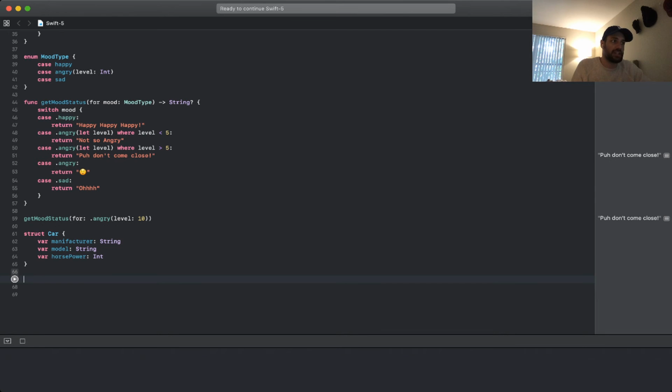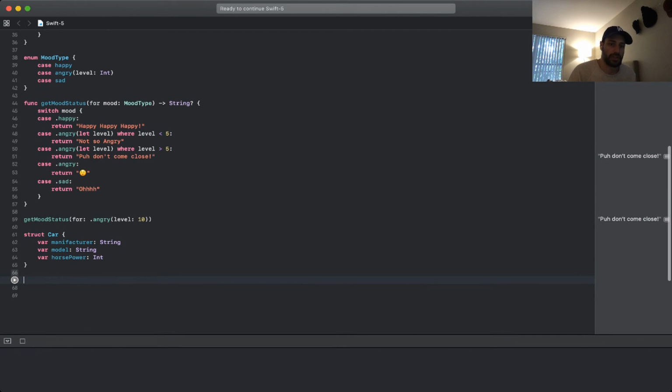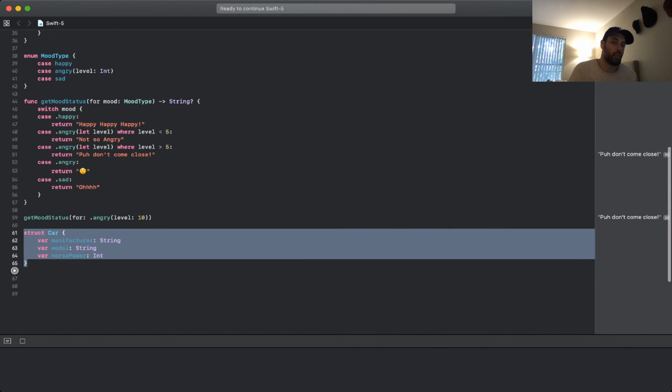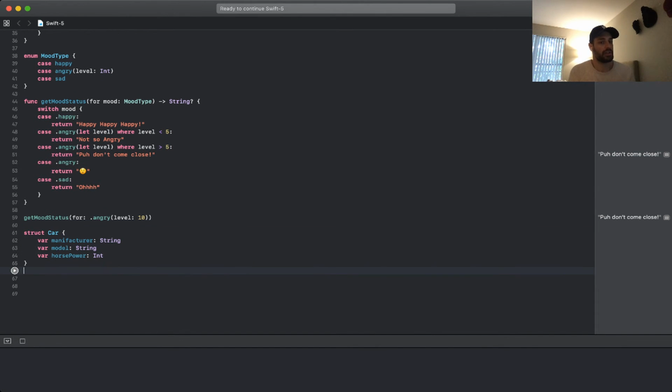So you might recognize that the compiler is not complaining about that piece of code here. And you might think, why isn't there an initializer? Doesn't there have to be an initializer? No, there doesn't have to be an initializer because Swift makes it super easy for you to define a struct, as it is creating a so-called member-wise initializer under the hood. So a member-wise initializer